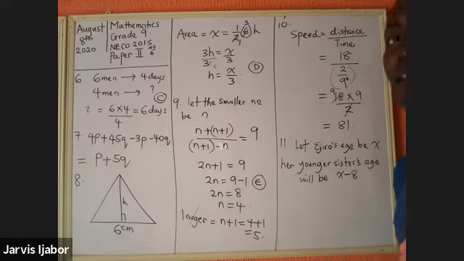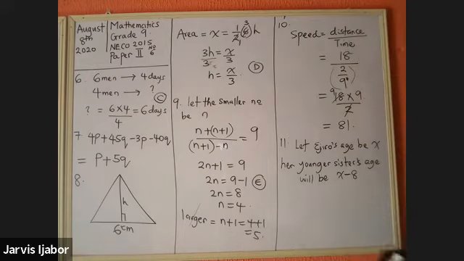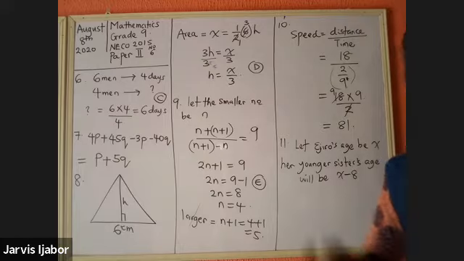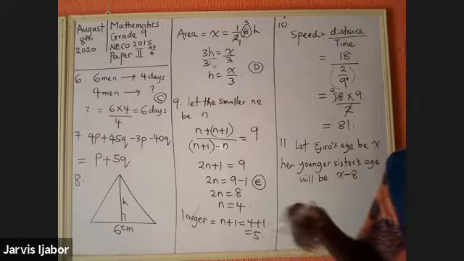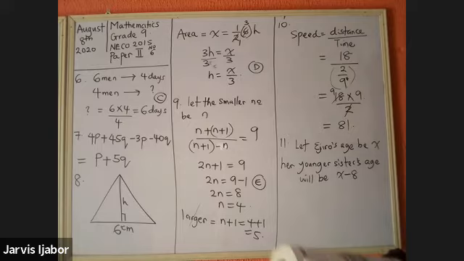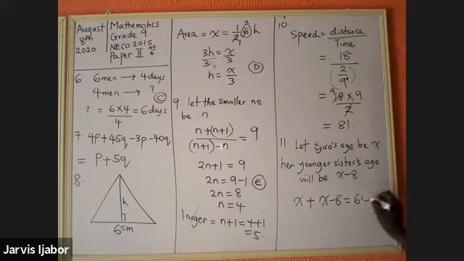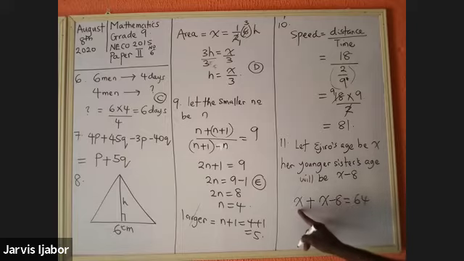You get it? But if you had called Ejiro's sister's age to be X, then Ejiro's age will now be what? X plus 8. Let's take note of that. But I'm referencing from Ejiro's age. All right. Now, say the sum of their age is what? 64. It means that X plus X minus 8 is equal to 64. Now the question is, what is Ejiro's age? So Ejiro's age is X. By going in this direction, I will get Ejiro's age faster